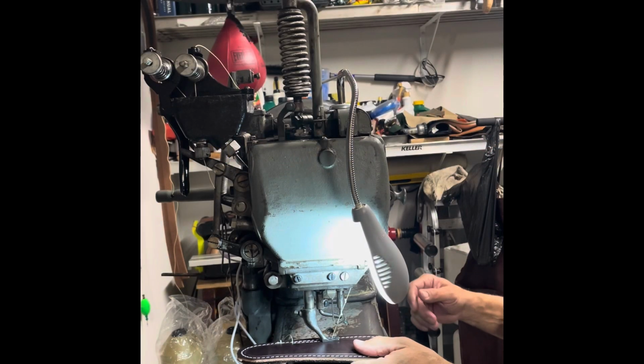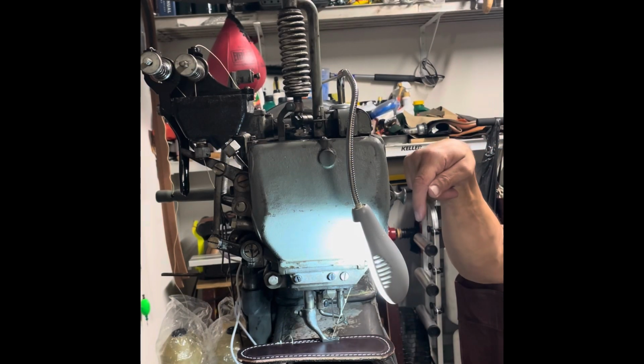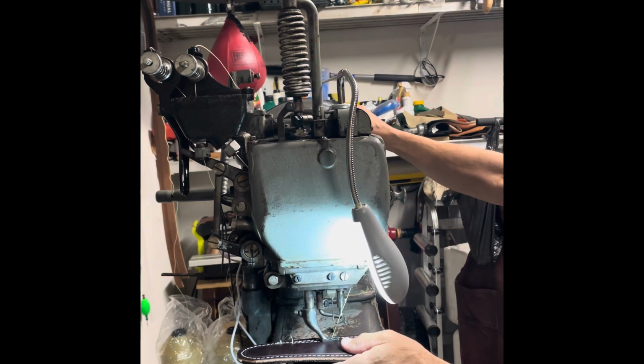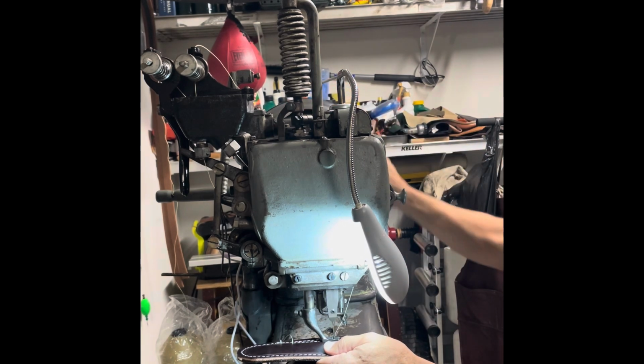All right, this is a needle and awl machine. It has an awl that punches through and a needle that comes up and it grabs the thread. So I just went through the whole machine. It was very dirty. I think the gentleman I got it from said it came out of an Amish shop. But,